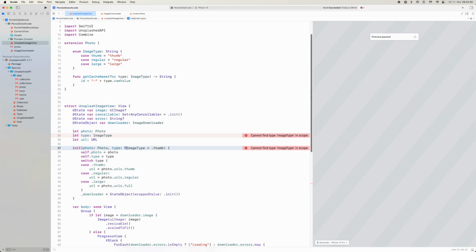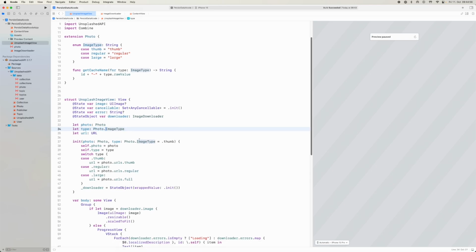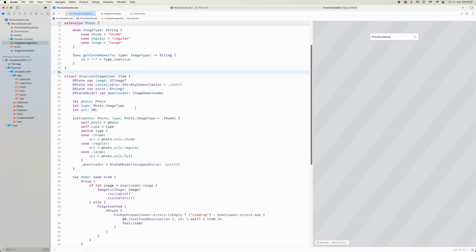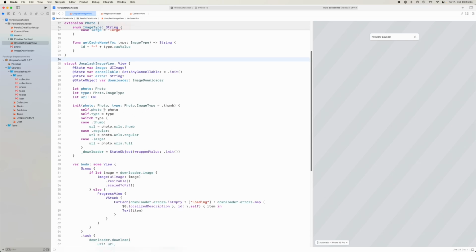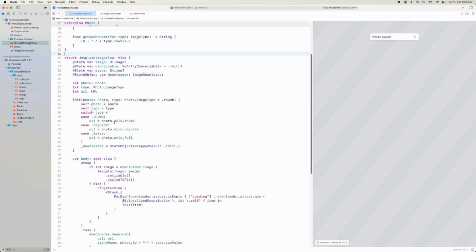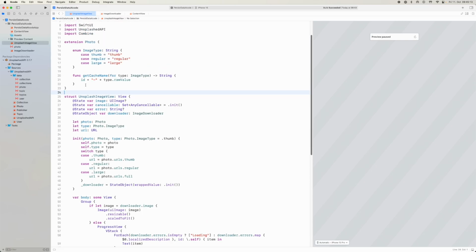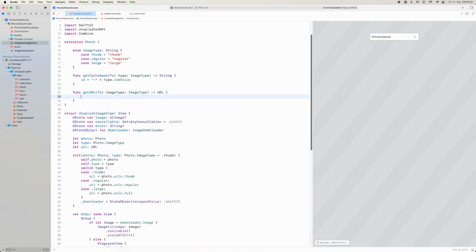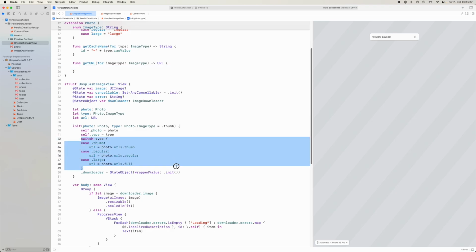And here we can say photo.image type like this. So it doesn't mean to say there could be another namespace problem with image types being there from another thing. That's super possible. All right. So we now have this photo image type. We now can for type. So now we want to extend this. So get URL for image type. So let's say image type here and URL, and now we can extract this out as well,